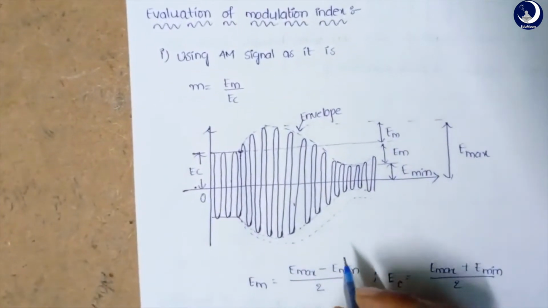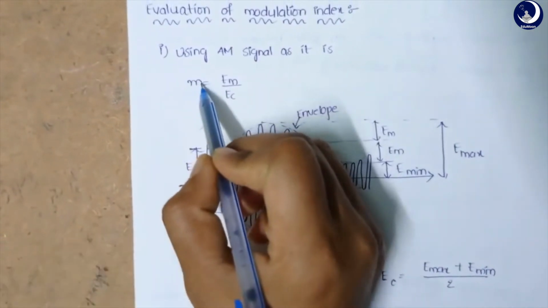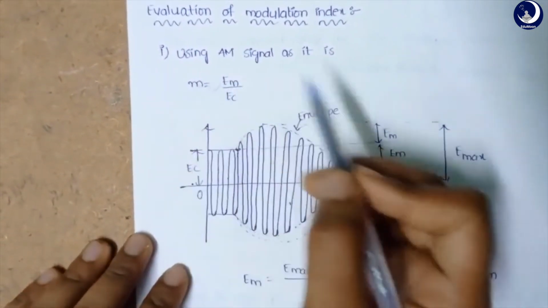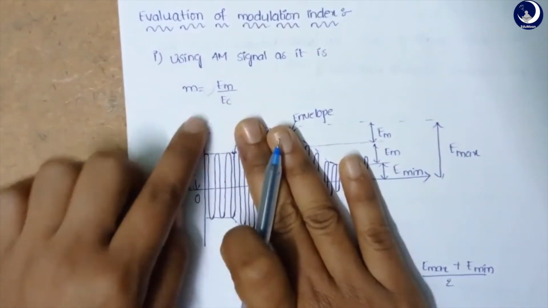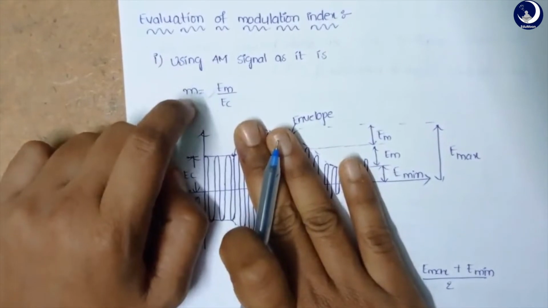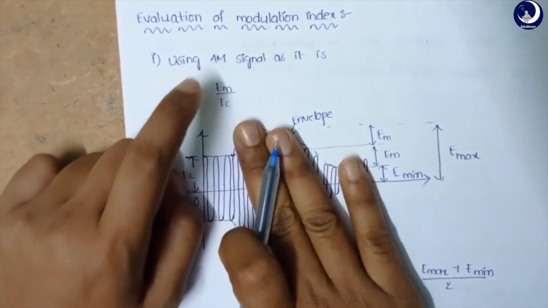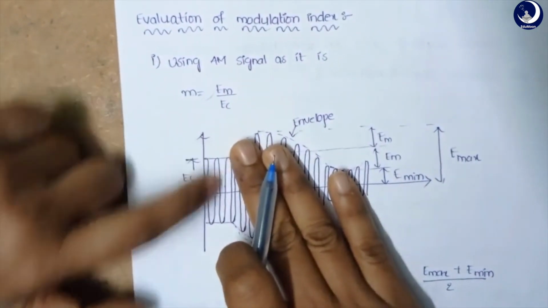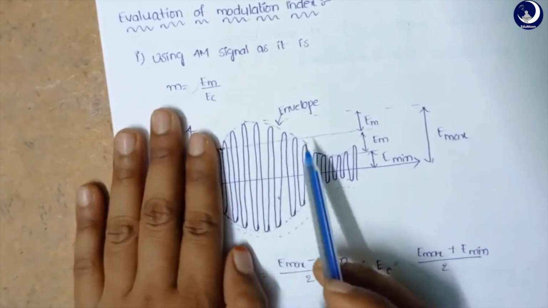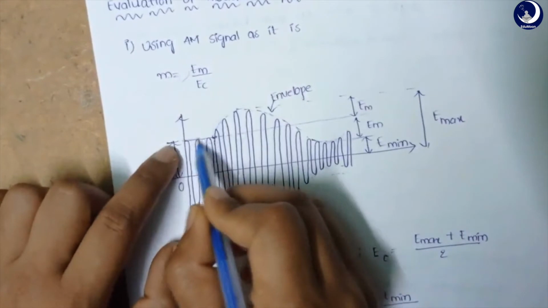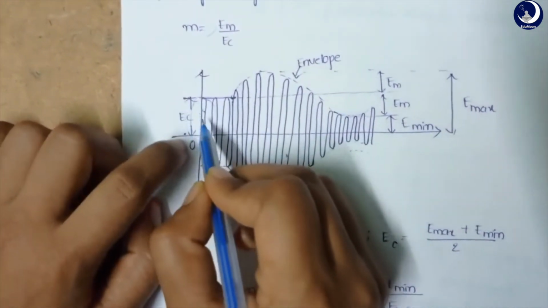And one more thing: when m is 0, the carrier will be like this, meaning there will be no modulated wave, right? The modulating wave Em is equal to 0. If m needs to be 0, Em needs to be 0. That means there is no message signal, so the carrier won't be altered. So we will be getting the same carrier signal. So here m is 0, and from here this is the modulated wave. If you look at this, this is our carrier amplitude, that is Ec, the original carrier amplitude.